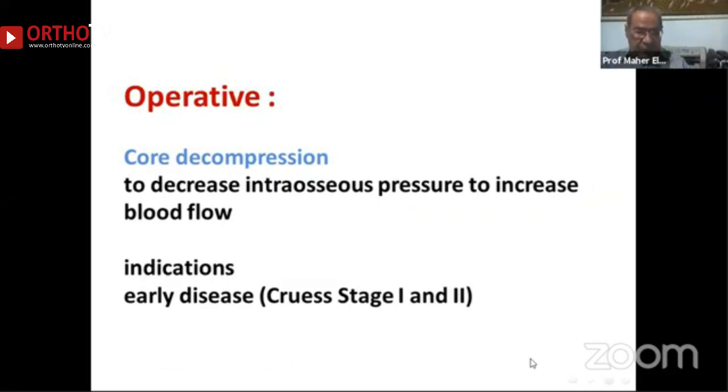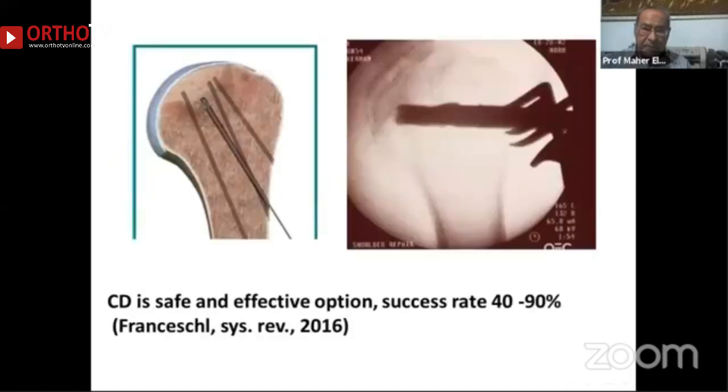Operative. Core decompression to decrease intraosseous pressure to increase the blood flow in the AVN of the hip. The indication is early disease, Cross stage 1 and 2. It works best in the early stages. Core decompression is a safe and effective option, with success rate ranging from 40 to 90%,